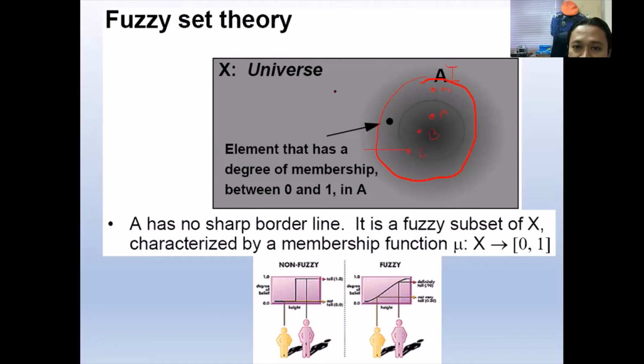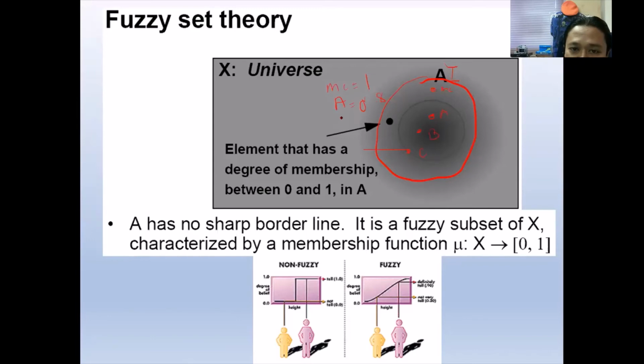If it is me, the membership value is 1. For example, I set it as 1. Student A is near to me, so maybe I can set 0.8. At least they have a certain partial membership function.